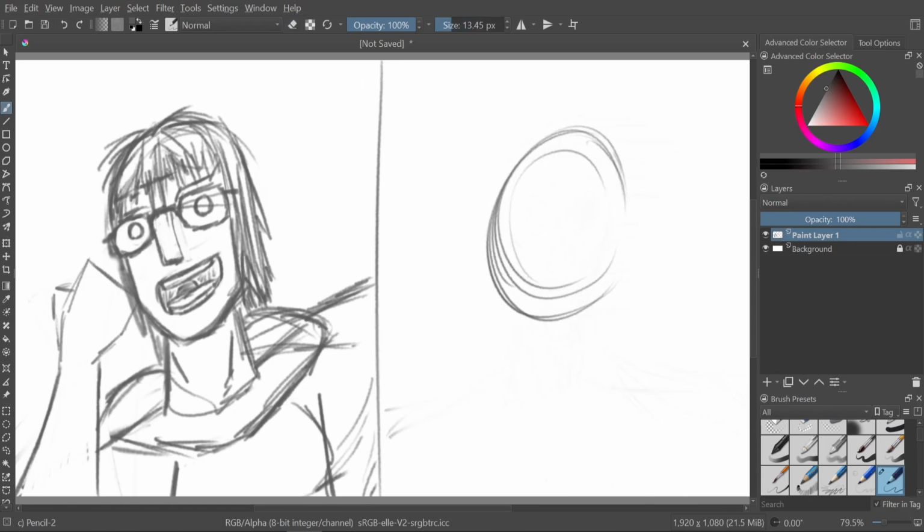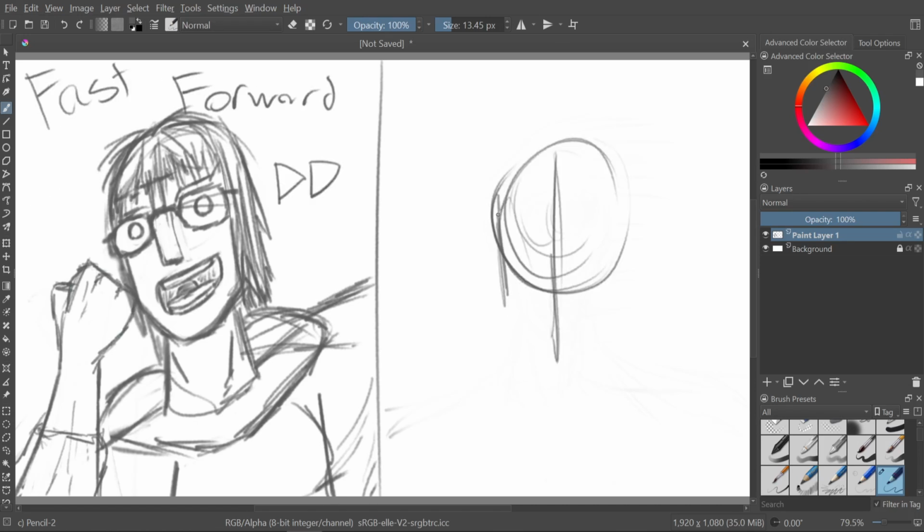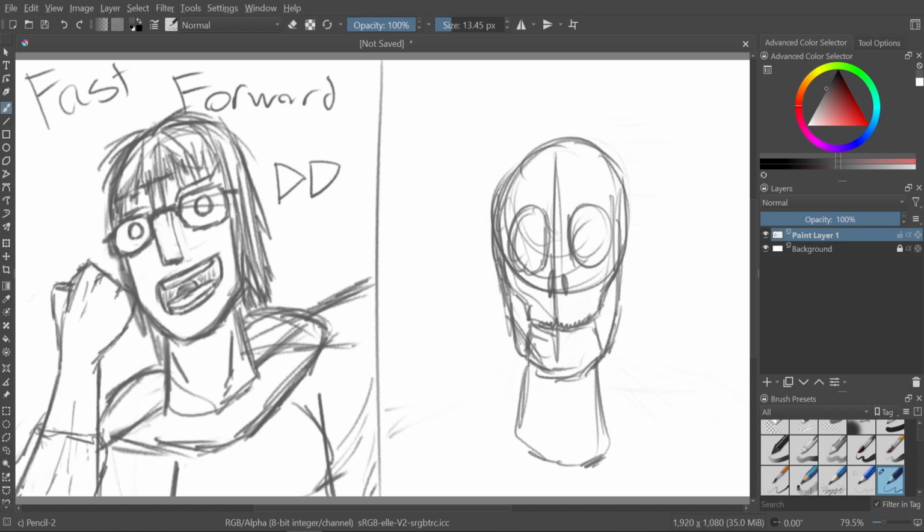I hate clothes. I hate hair. I hate glasses. I hate eyes. But God, I love anatomy. I love drawing it. I love sketching it. And unfortunately, that means I'm really good at thinking about the general shapes. But then when it comes to following through, you can see that it gets a little harder